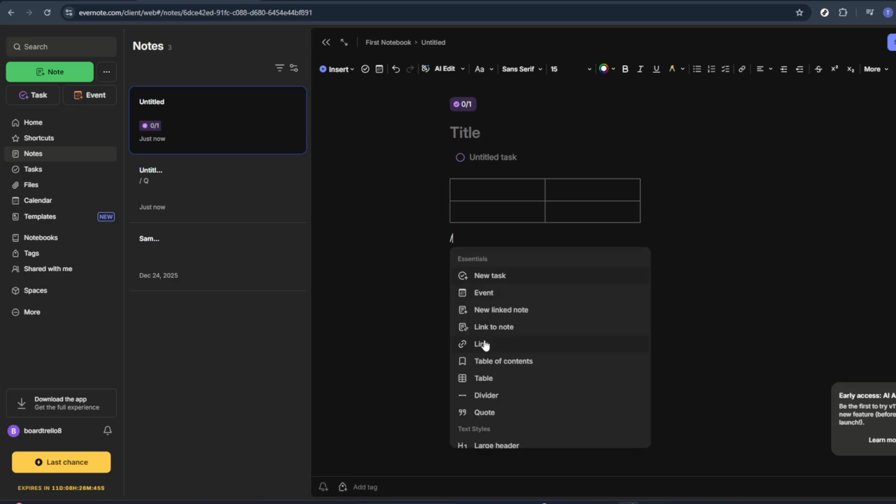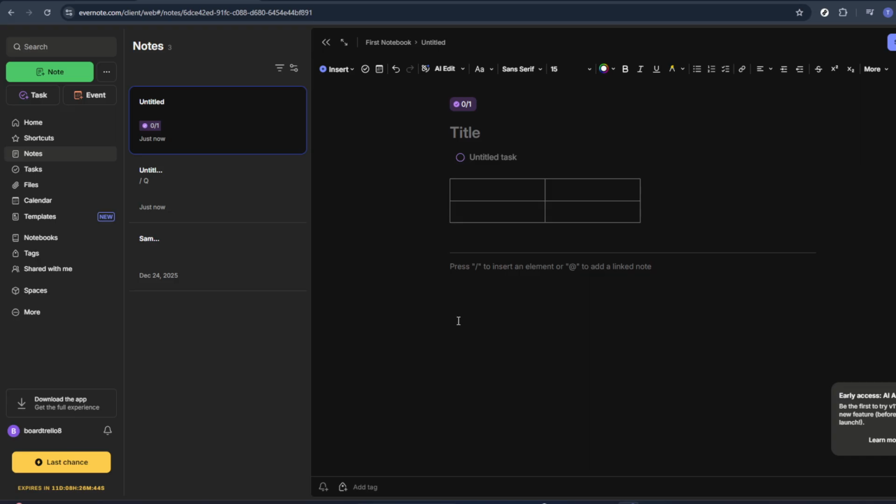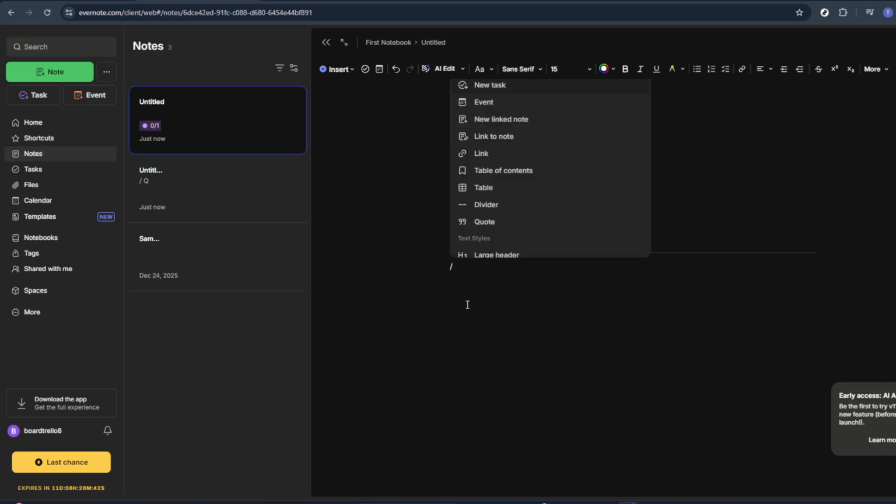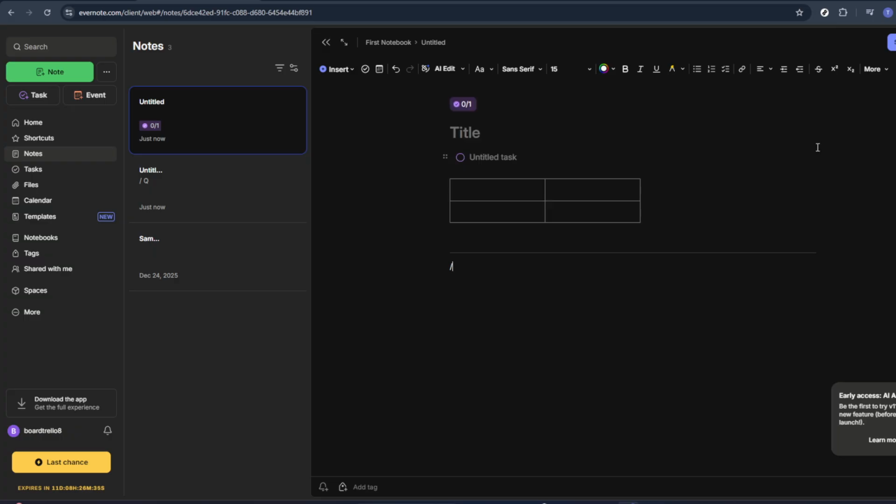From there, just start typing or adding information into the new block you selected. You can repeat this process as many times as you like. Click where you want something new, type the / and choose the element that best matches what you're trying to capture. That's all you need to get started. Go to Evernote, open or create a note, use the / command to choose what you want to add, and build out your note step